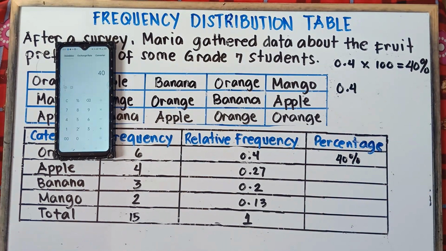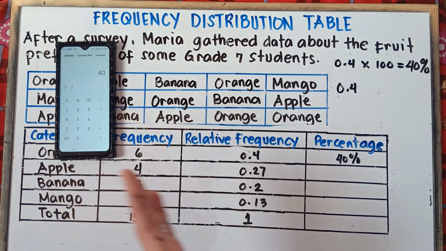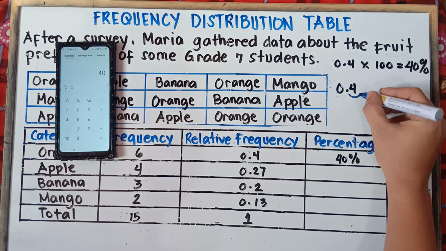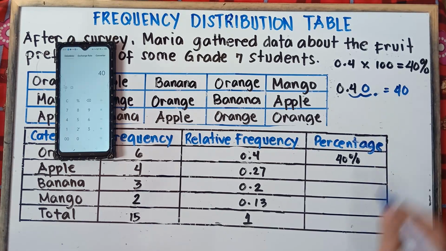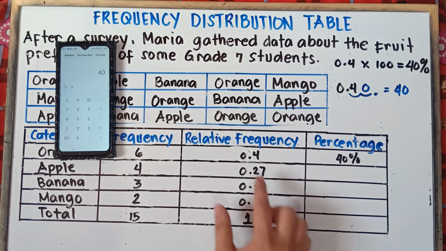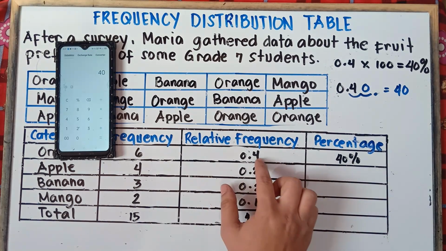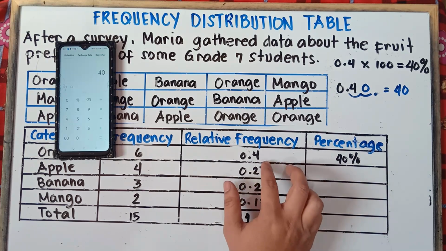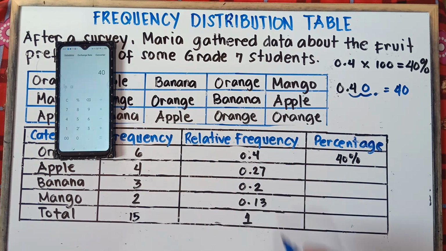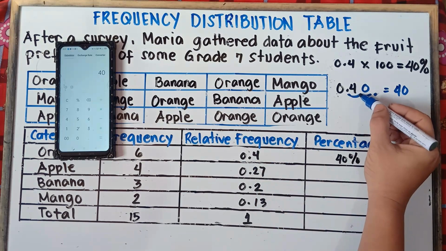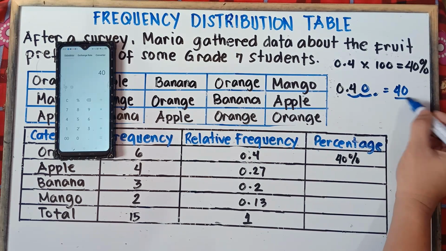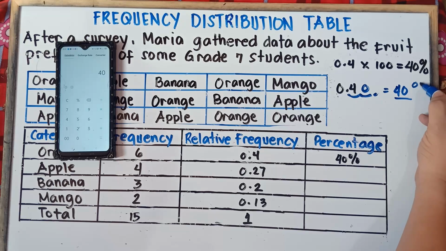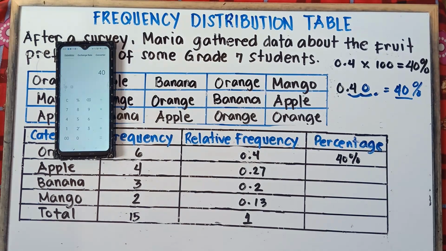And the other solution, class, so 0.4. To get the percentage, simply move the decimal point left to right twice. 1, then 2, and the decimal point will be here. So therefore, we need to add a 0, and the answer is 40. Easy as that, class. Once again, to make this one into a percentage, you can multiply by 100, or you can move the decimal point left to right twice. 1 and then 2, and the decimal point will be here. Therefore, we need to add a 0. That's why our answer is 40. And do not forget percent because this is a percentage.